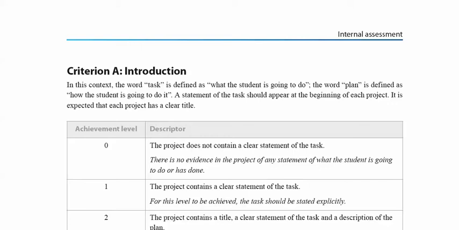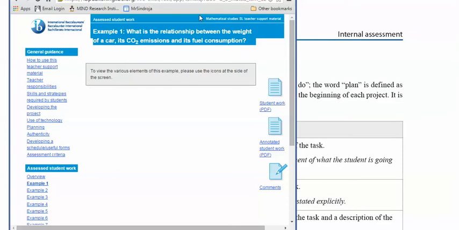Now you don't have to do a statistical based investigation if you don't want to. There are plenty of other examples online, but this is just the most common one. I'm going to talk you through how you can get marks and how to go about it and the general structure of it. If you want to look at examples, there's a link below this clip which will take you